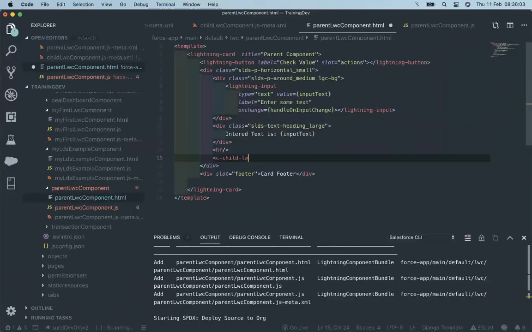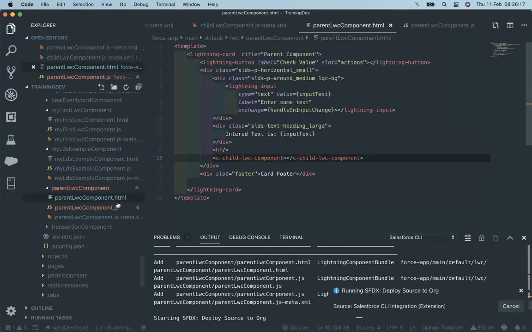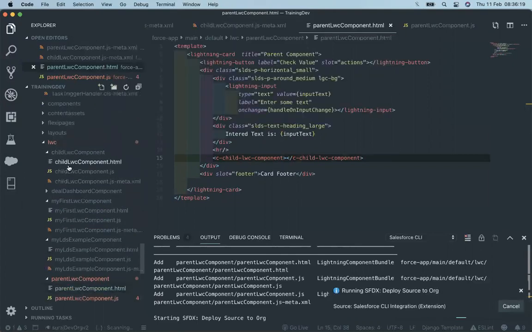So it becomes lwc-, and again, capital C component, so we put the dash and then add component. Right. And then save, Control plus S to deploy. Now let's make some changes up here.